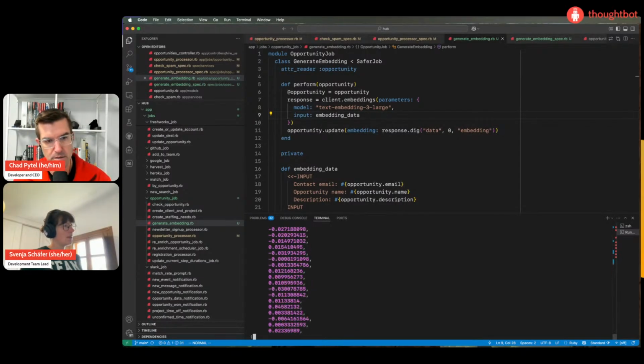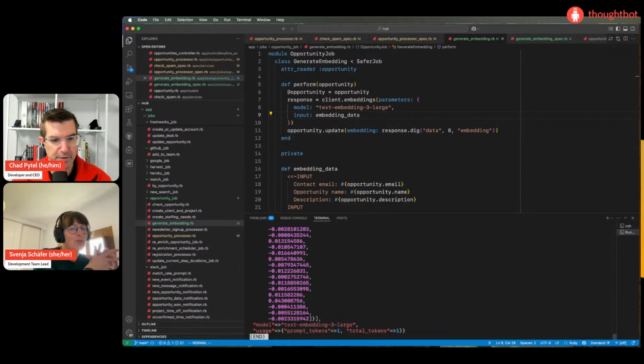I think it's 2048 floating point numbers, something like that. I just told you before, when I saw embeddings for the first time, I said, oh no, then I saw all the numbers and said, nah, that's not fun. That does not look good.